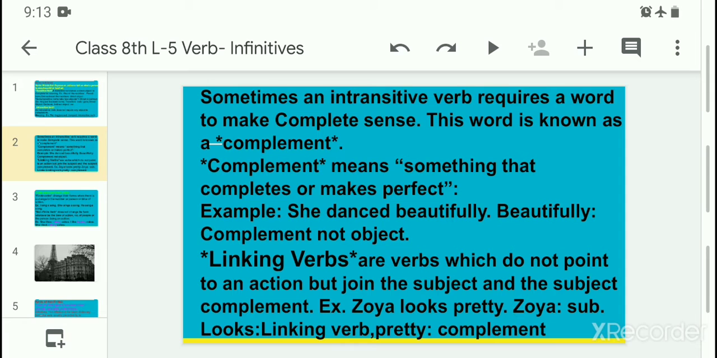So next topic is linking verbs. What are the linking verbs? Linking verbs are verbs which do not point to an action, but join the subject and subject complement, right? लिंकिंग वर्ब्स क्या होती हैं? जो किसी एक्शन को पॉइंट आउट नहीं करती बट वो ज्वाइन करती हैं, मीन्स लिंक करती हैं द सब्जेक्ट एंड द सब्जेक्ट कॉम्प्लीमेंट. फॉर एग्जाम्पल,